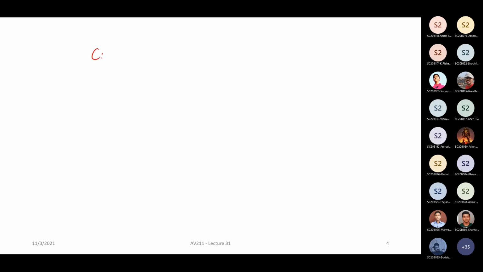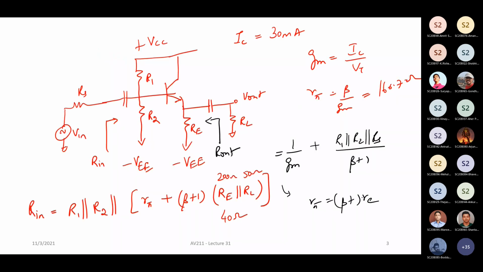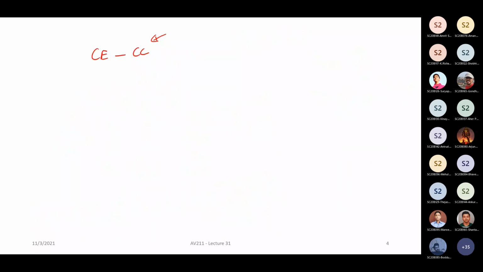So when you have a common emitter followed by a common collector, basically common collector is the answer. And the reason is basically the same thing. Here you have 50 ohm I had given in this example; in this particular question, I had given 64 ohm. So the reasoning is that if you take a common emitter amplifier, the output impedance is equal to RC, which is typically in the order of kilo ohm.